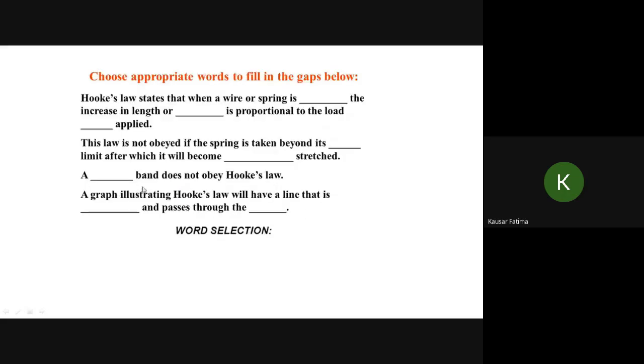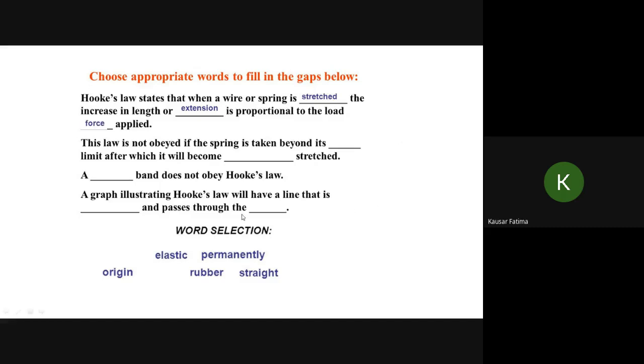Here now you again have some blanks to fill in. Hooke's law states that when a wire or spring is dash, the increase in length or dash is proportional to the load dash applied. Let's see what comes. There are the words which are to be filled in here. So the spring is stretched, the increase in length or extension is proportional to the load,